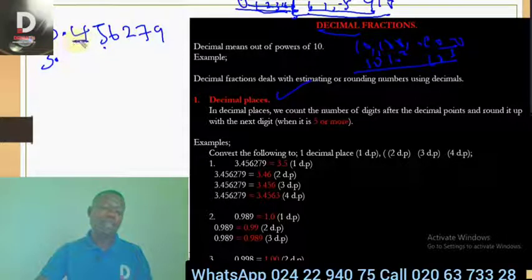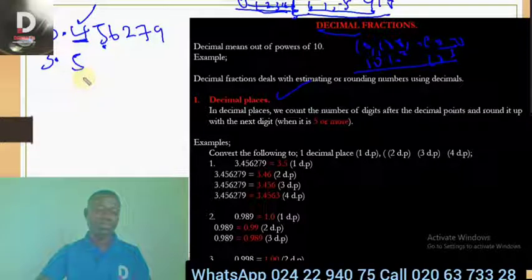After the decimal place, this is the number I'll choose. Only 1. So 1. Now, I look at the next number. It is 5, so I can round up. So this becomes 3.5. So this is 1 decimal place. Now, 2 decimal places. 3.5